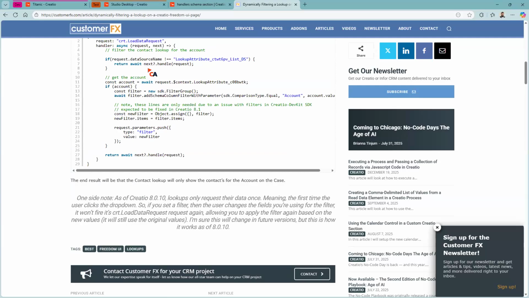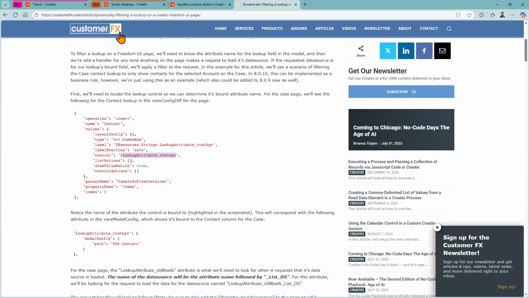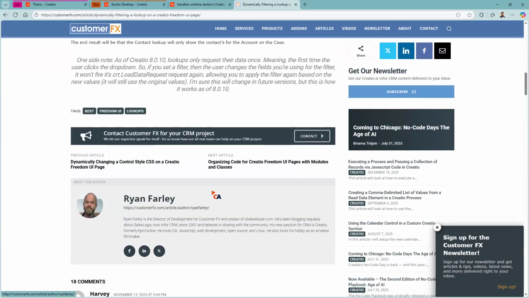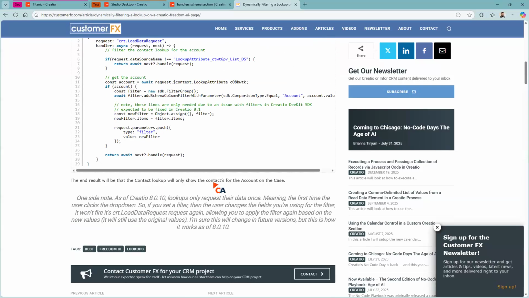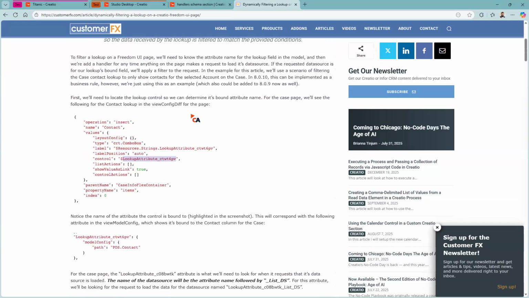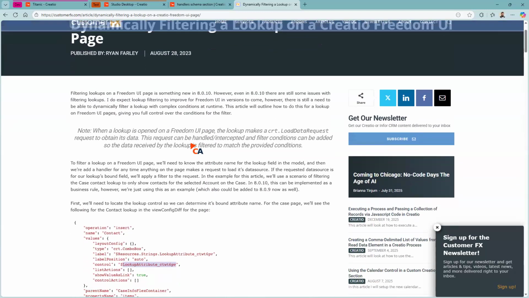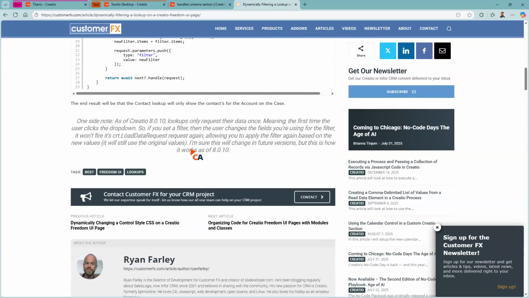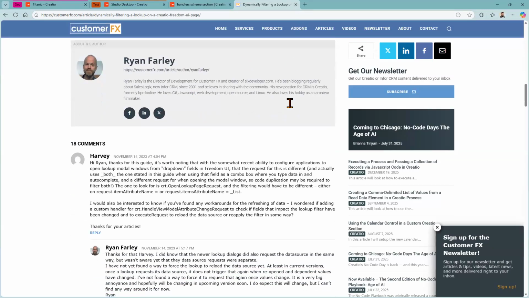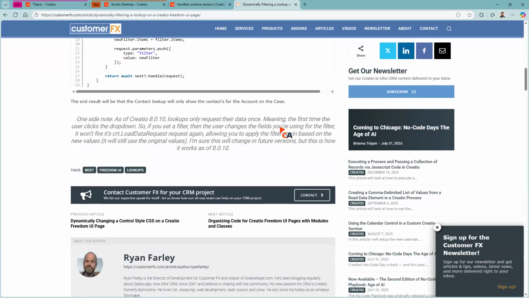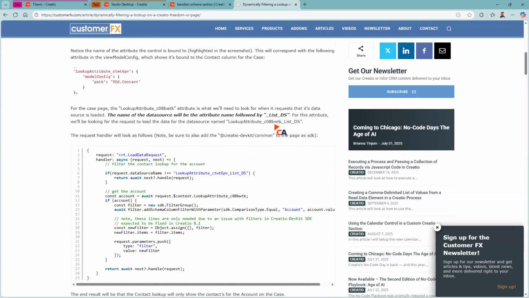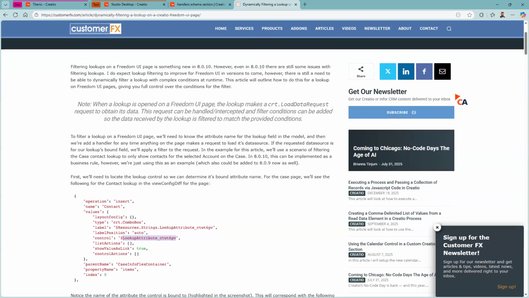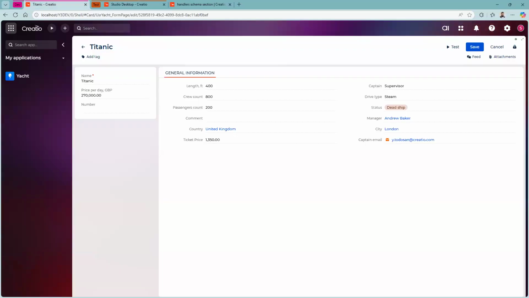Sometimes it is not. So we have one of Creatio partners, Customer FX, and Ryan Farley is a great Creatio enthusiast, having a lot of experience. This is just one of the articles. You will find many more with some practical implementations of code in Creatio. This one is related to dynamic filtering using JavaScript code rather than business rules, because just to be on the safe side, I would like to remind you, if you go to